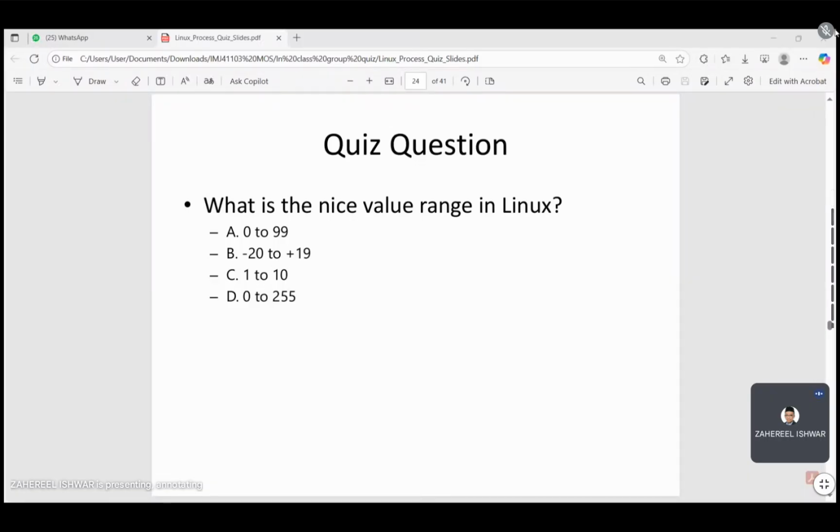What is the nice value range in Linux? Well, the answer is -20 to +19. This has to do with priority. So basically, if you are +19, it means you're